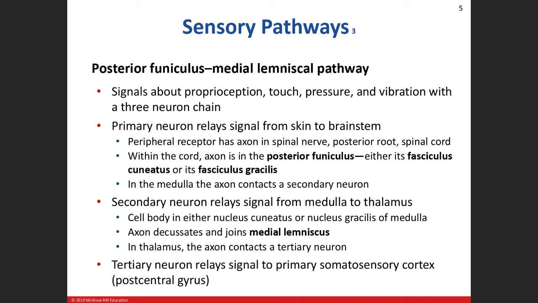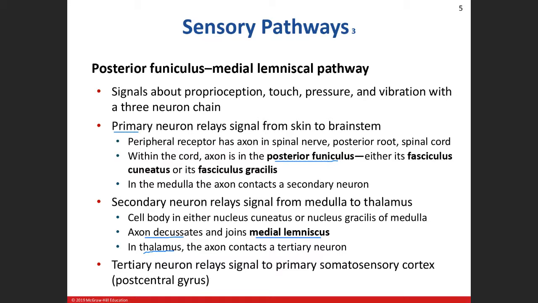So, the primary neuron from the skin to the brainstem enters into the posterior funiculus, travels up to the medulla where it will synapse onto the secondary neuron in either the nucleus cuneatus or the nucleus gracilis. Then the secondary neuron will decussate and cross over. It'll enter into the medial lemniscus and then travels up to the thalamus, where it will then synapse onto the